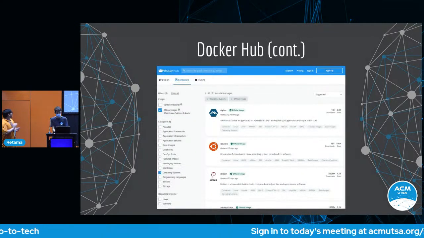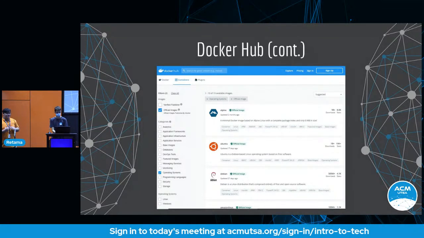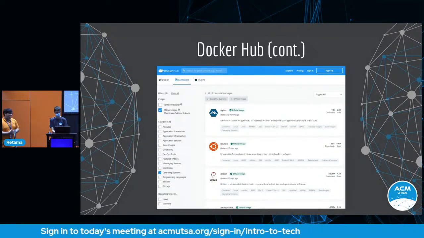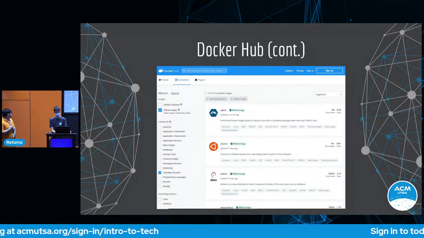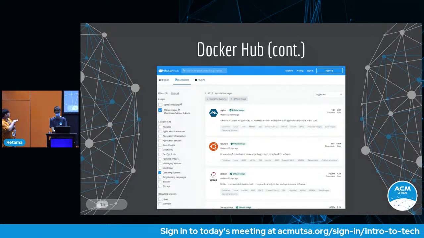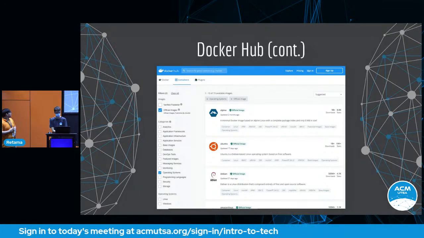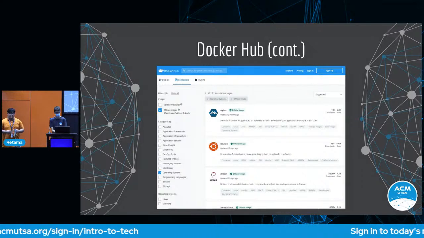It's fine. So this is what the Docker Hub is. I mentioned that it was a repository of everything you need for your application. You name it, Docker Hub has it. For example, operating systems, programming languages, databases. It has everything. So if you're curious what Docker Hub has, this is what it has in terms of categories. And overall, it really gives you that customizability and flexibility in terms of what you need,